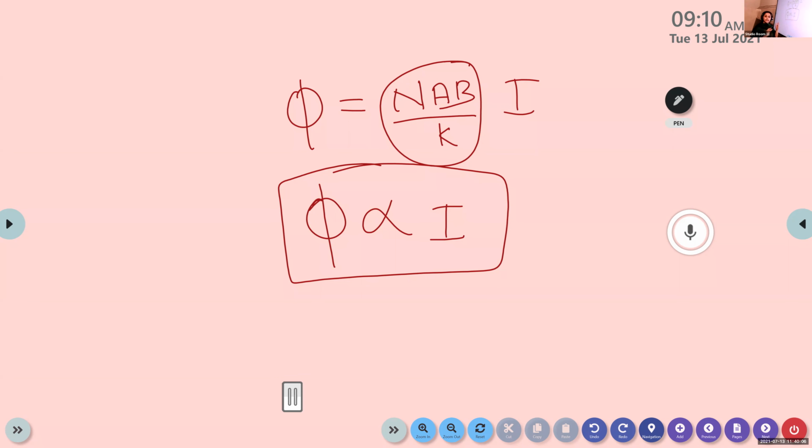So this is the working of the moving coil galvanometer. Whenever the angle of deflection increases, the current through the coil increases. Whenever the angle of deflection decreases, the current through the coil decreases. That is, whenever the angle of deflection phi becomes equal to 0, no current is flowing through the circuit. We know that the moving coil galvanometer pointer rests at 0 if no current is flowing through the circuit. If there is any current in the circuit, it deflects either towards the right or towards the left. This is the working of the moving coil galvanometer.